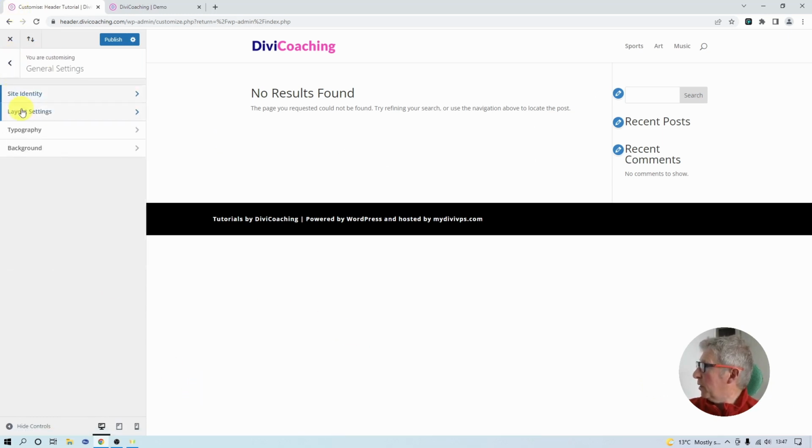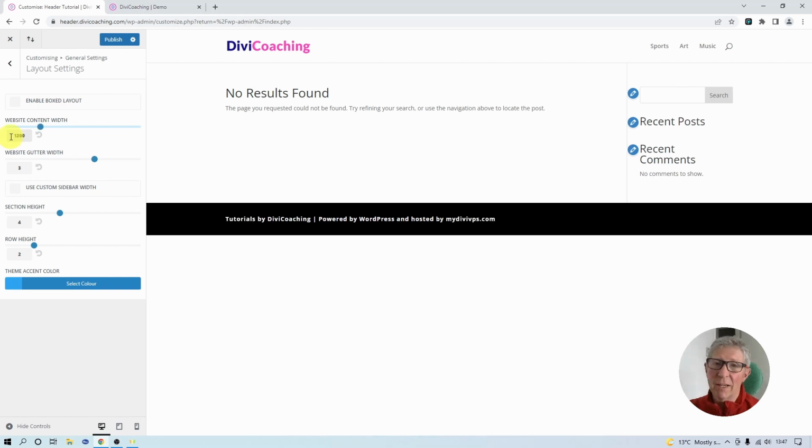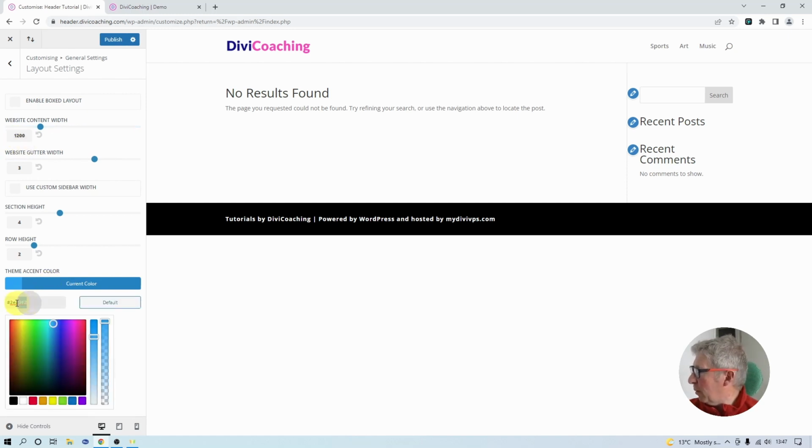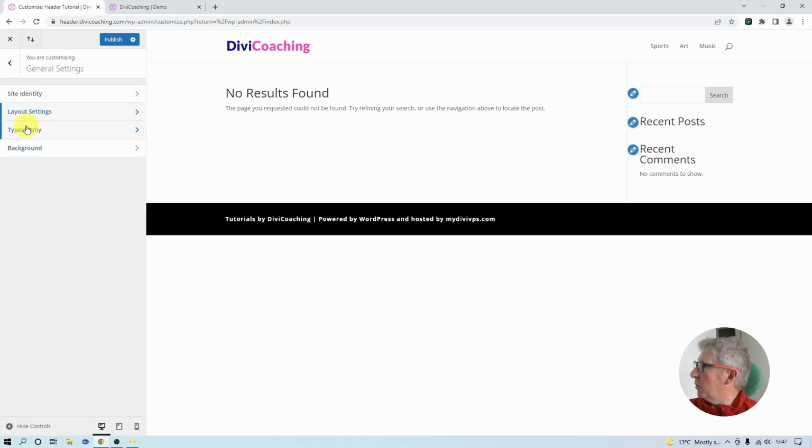Next thing I'm going to do is come back to Layout Settings. And I don't want my content width to be 1080, I want it to be 1200. We're actually going to override it in the theme builder anyway, but for now I've set that to 1200. And also the theme accent color, I may as well set it with my accent color for the project, which is actually going to be a bright pink color, which is F200BB. So there's my bright pink color,